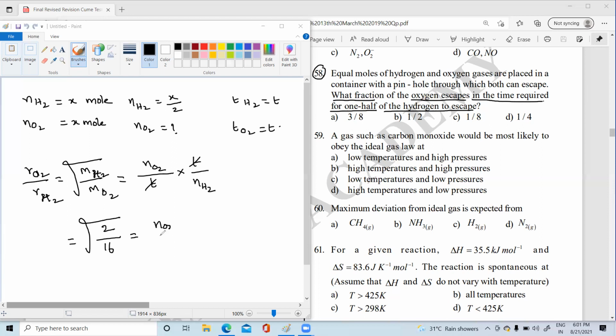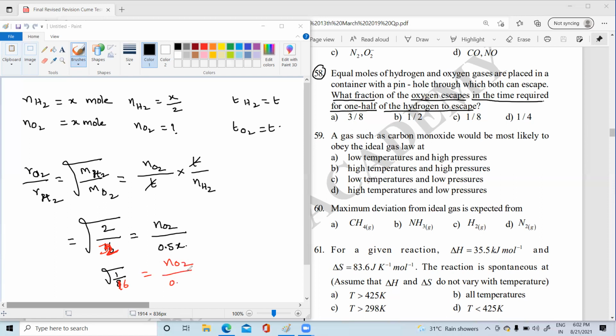Moles of O2 divided by moles of H2 is how much, students? X by 2 is there, nothing but 0.5 of X. On simplification we'll get 1 by... Sorry students, here the molecular weight of oxygen should be 32. Sorry for that. So we'll get 1 by 16 equal to n by 2